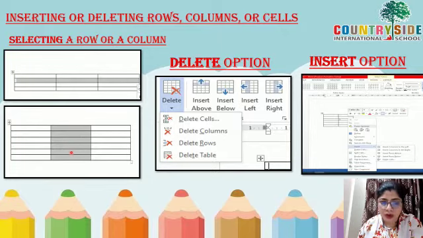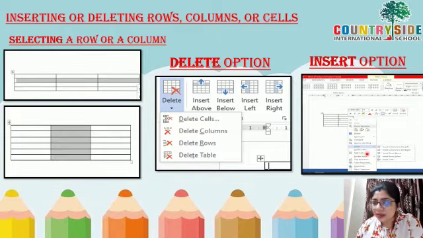Suppose I'm talking about a column, then I'll click on the first cell, keep the Shift key pressed and then click on the last cell. This will select my entire column. Now when the selection is done, I can delete it anytime by clicking on the Delete option or right-clicking over here, and there also you will get a delete option. So you can delete your cells anytime or an entire column or entire row or entire table also. Okay, all these four options are there, whether you want to delete a single cell, entire column, entire row or the entire table.